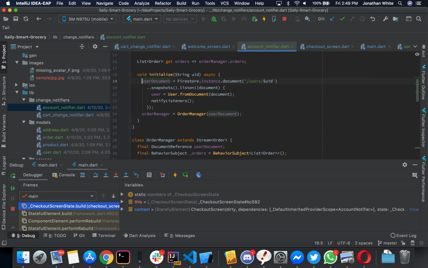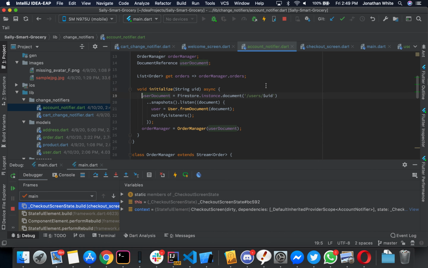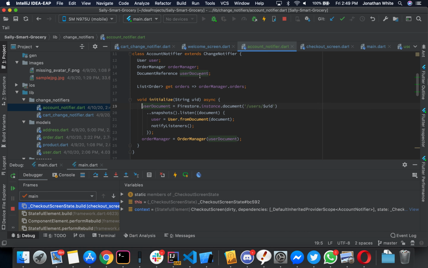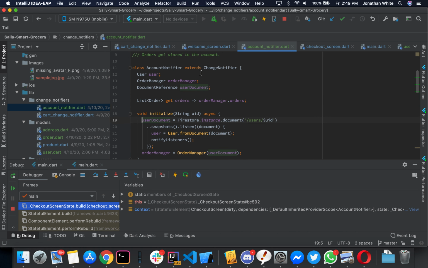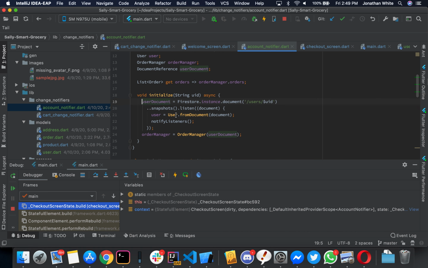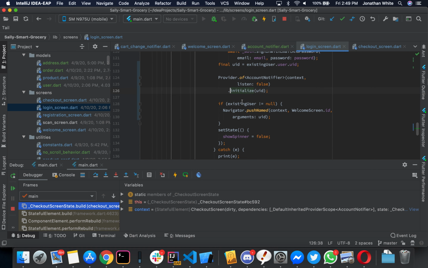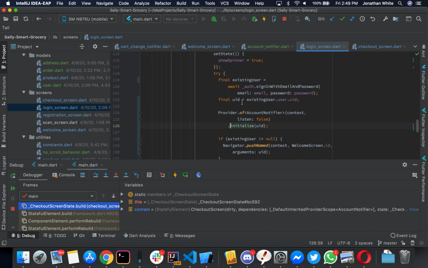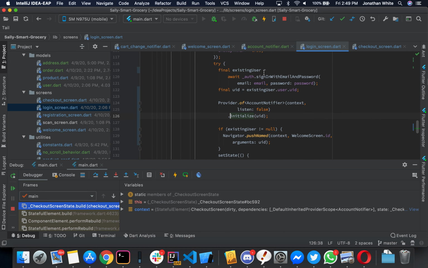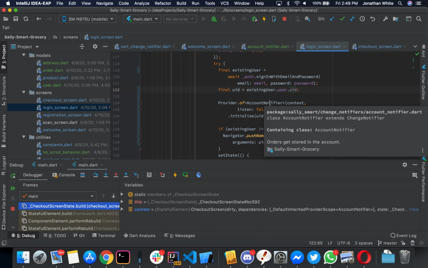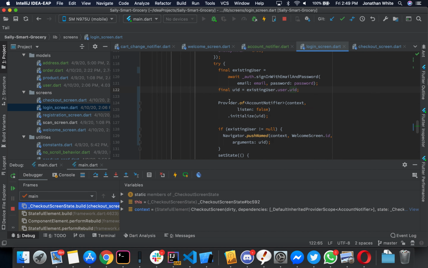Use of the completer. I have an initialize function on a change notifier here. None of that matters, but I call this function when the customer logs in. After we get the UID after they sign in, then I initialize this class. The reason I don't create the class here is because I need it to be held by